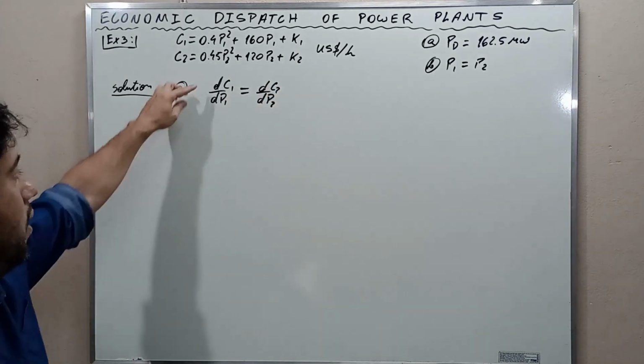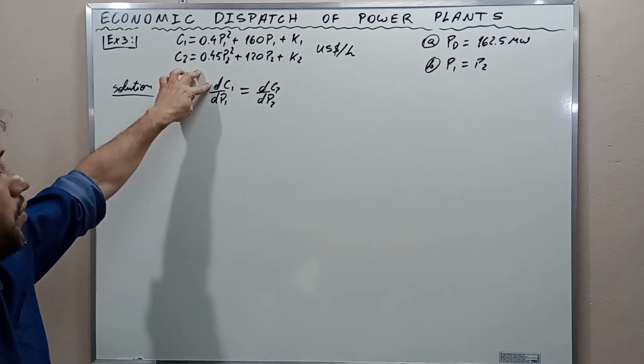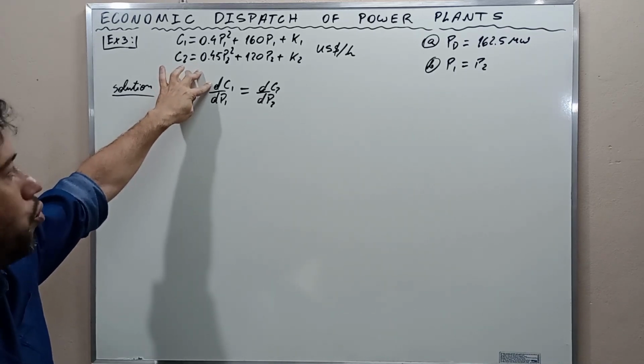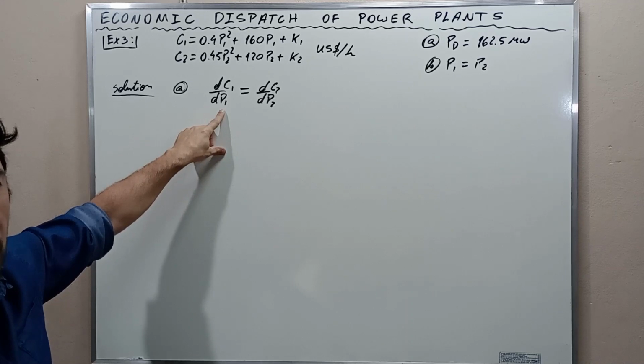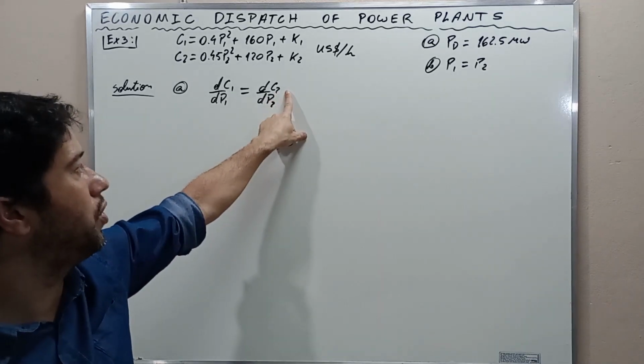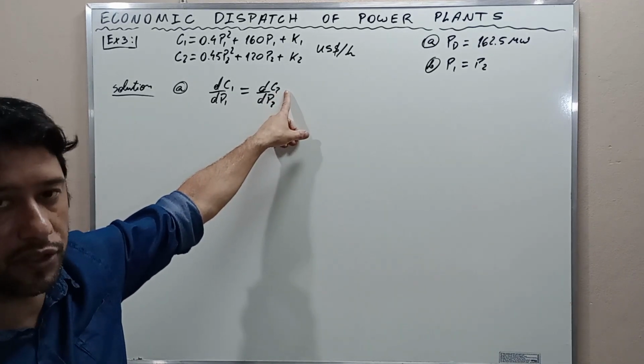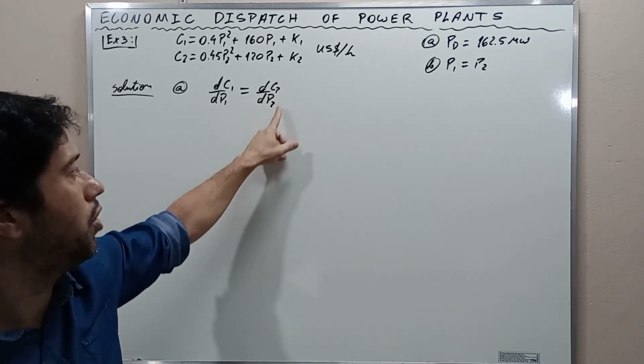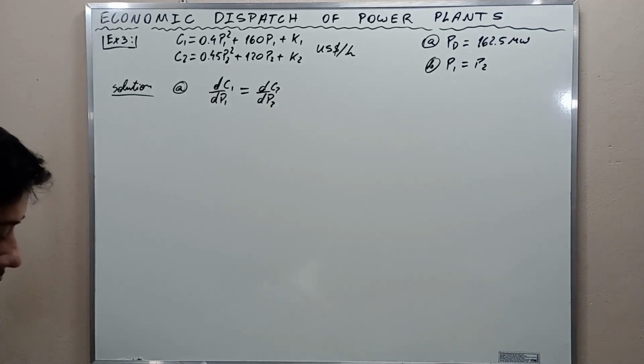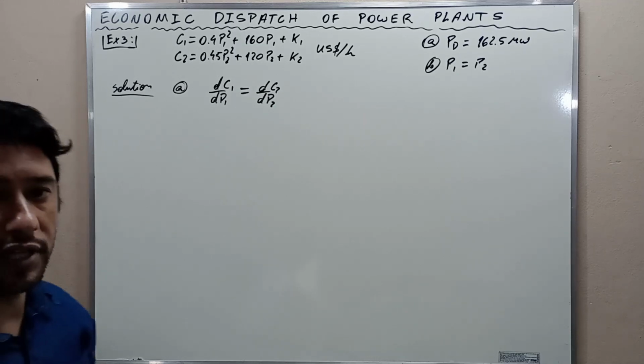Okay? The derivative of the cost of operating generating unit 1 with respect to its own power output has to be equal to the derivative of the cost of operating generating unit 2 with respect to its own power output. When this happens, we are dispatching them optimally,